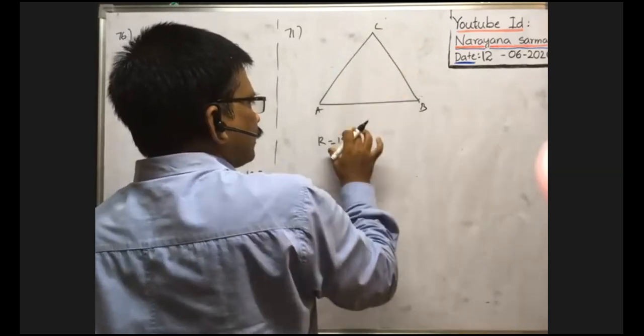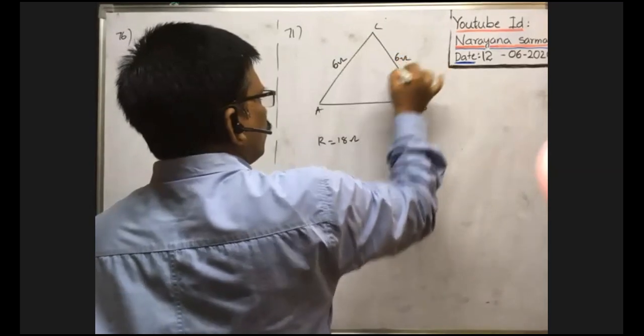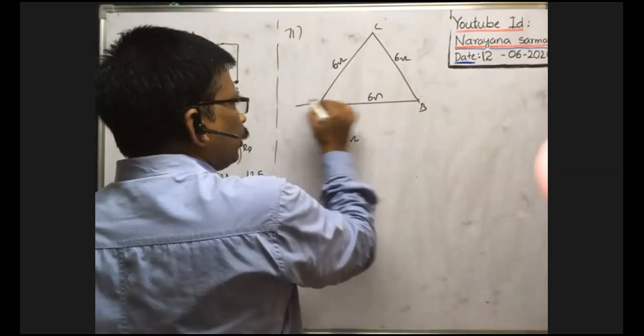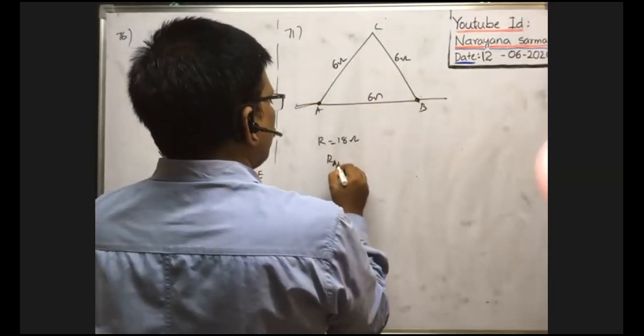That's why this resistance is divided into 3 equal parts. Now this resistance is 6 ohm, this is 6 ohm, this is 6 ohm, totally 18 ohms. Now what is the effective resistance between any two vertices? It means you take these two corners. Across this, what is the effective resistance? RAB is equal to question mark.